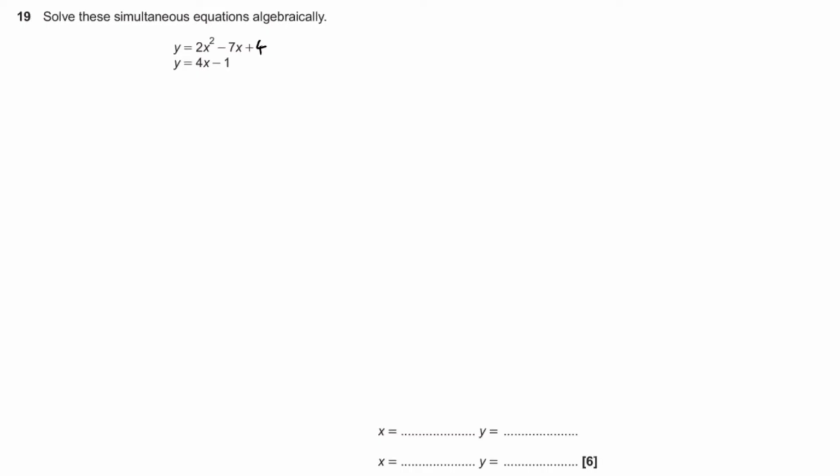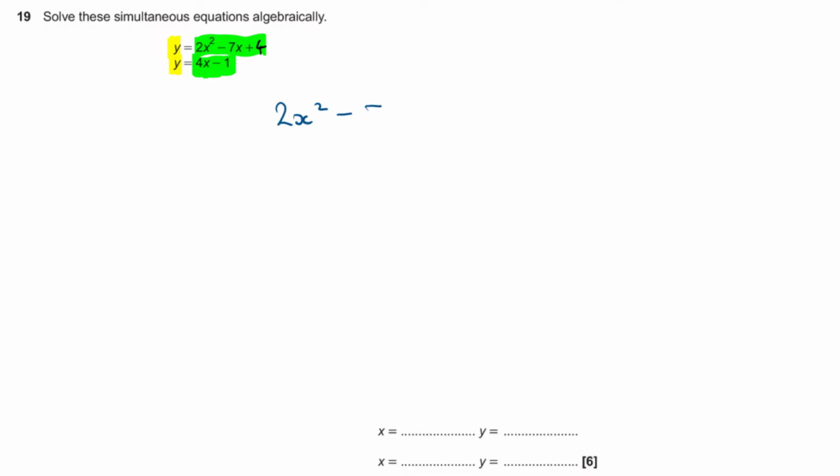We've got a quadratic and a linear equation, so we can't solve these by elimination. It's going to have to be done by substitution. Now you notice that I've got a y here and a y here. So these two expressions are actually equal to each other, aren't they? So I can equate this bit here with this bit here, because they're all equal. So I can say that